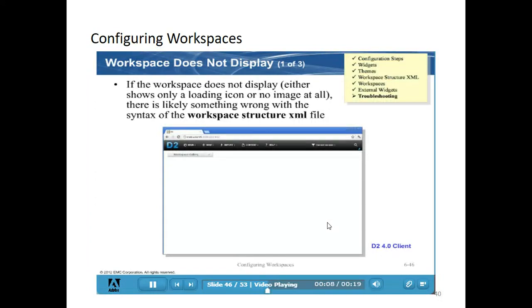Guys, I hope you have understood how to create a workspace. The first step is to create the workspace structure XML and map the widget over there. Next, while creating the workspace, you import the workspace XML and set the theme, name of the application, and the definition. Those things will be mapped there.